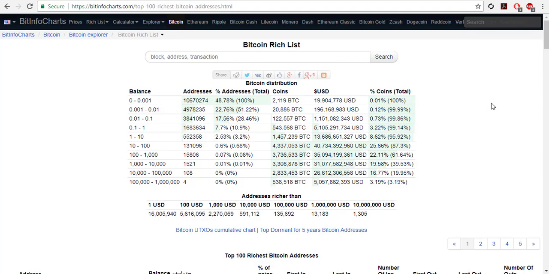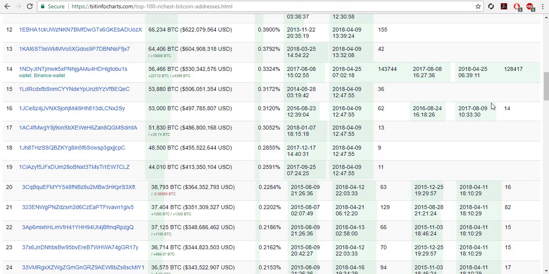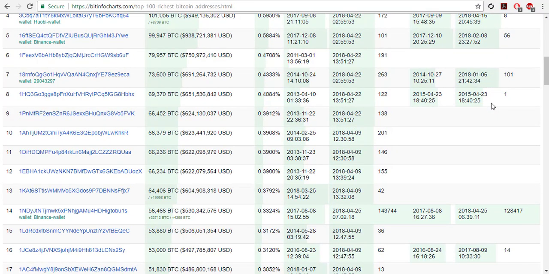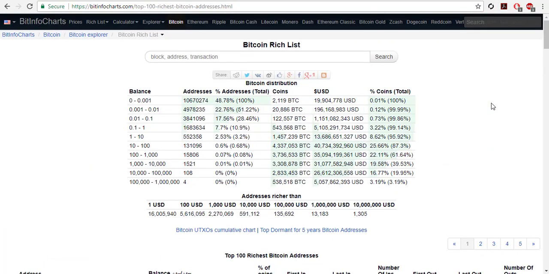So the goal here is to go through the wallets and find the ones that have been buying and selling at good prices relatively. And to do that, we go to bitinfocharts.com. It has a rich list that it says the top 100, but